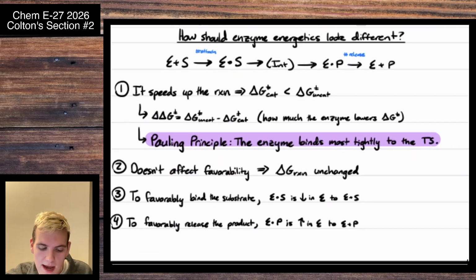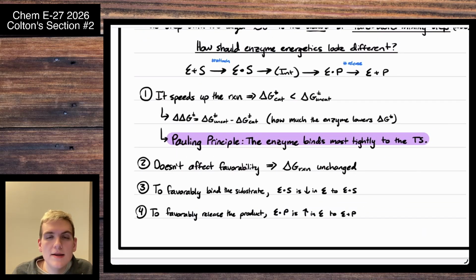Cool. So now, enzymes do not affect reaction favorability. So our delta G reaction should be unchanged. We are not really changing it at all. But then the other one that's a little bit more subtle is if we want our enzyme to actually bind